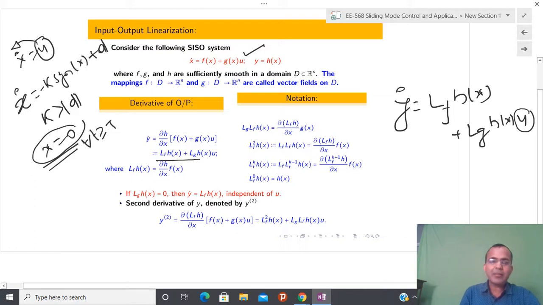What I am doing is controlling the rate but concluding about that quantity, because I have already told you that I cannot comment about x dot. Why can I not comment about x dot whenever I have k signum x? Because instantaneous velocity might be non-zero. So I do not know the behavior of x dot, but at least I know the behavior of x. So what calculus is telling is that if you are controlling the rate of change of some quantity, then you are able to talk about that quantity. So now I am asking, by this relation, under what condition can I talk about the behavior of output y?